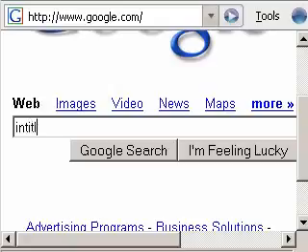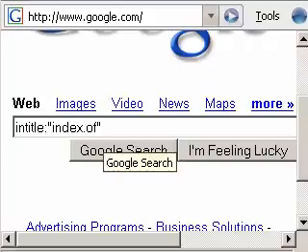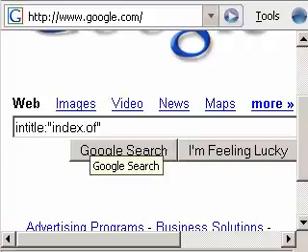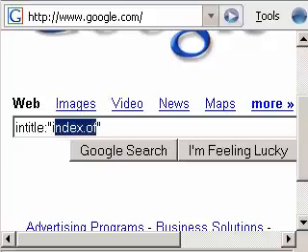So I type in title, colon, and then index of. And what that does is it's going to search for directories specifically. Normally directories have the words index of inside them. And what are directories? When I say directories, it means the page doesn't have an index, meaning it's just the files inside the directory listed in order. It can be music files, it can be text files, it doesn't matter, but it doesn't have an index HTML,